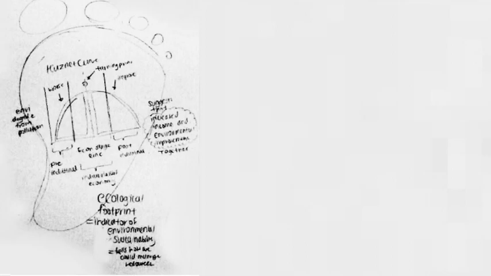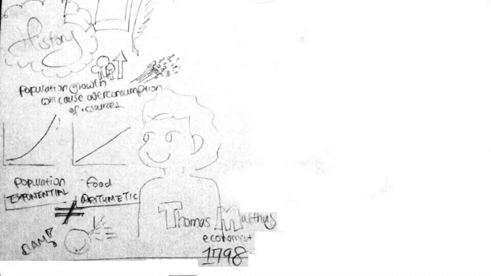The effects of pollution and degradation generated throughout the curve are measured by ecological footprint, which tells us how we can manage resources. Let's look at the history of the relationship between carrying capacity and one of its most important factors, population growth. There was an economist named Thomas Malthus in 1798 who proposed that population growth will cause overconsumption of resources. He believed that population grew at an exponential rate while food supplies increased at an arithmetic rate. Obviously, arithmetic rates can't keep up with exponential rates, right? So Malthus believed that humanity would eventually starve and suffer from the lack of food.